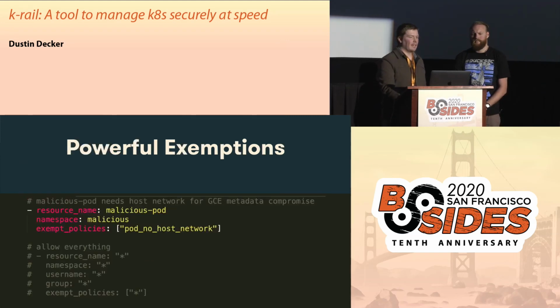And these are some example exemptions that you can use. They have several fields that you can specify, and they all use string globbing. And you can specify like this particular resource in a certain namespace is exempt from some set of policies or maybe all policies. So it's very easy to use, and it's actually more flexible than the role-based access control way of enforcing pod security policies.